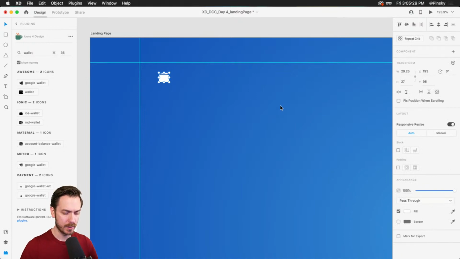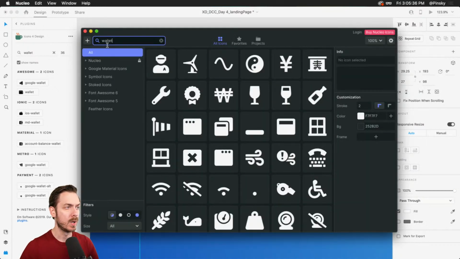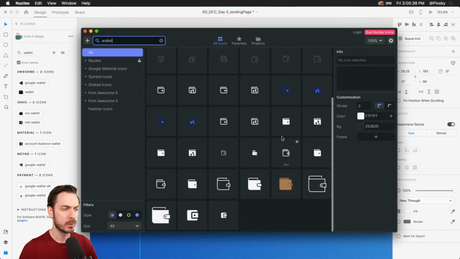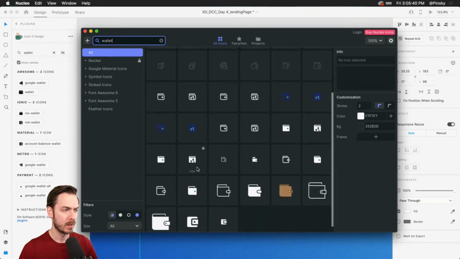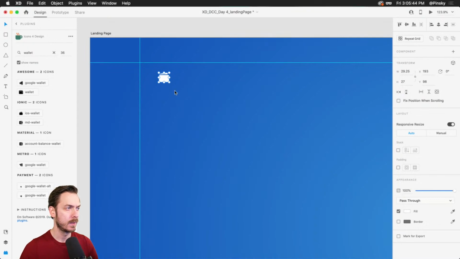You can also use a third-party application like Nucleo if you do have icons of your own. Wallet. Let's see if there's any interesting ones here. This one looks pretty fancy, so I'm going to go ahead and grab this one. Oops, where did it go? There it is. Make it a little bit larger, and just take a quick peek at the prototype at the